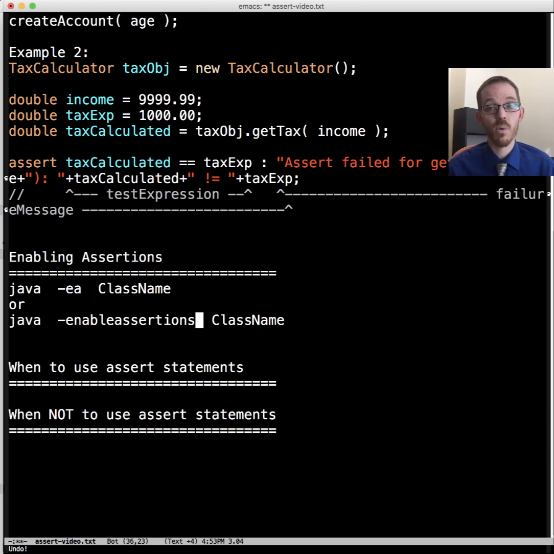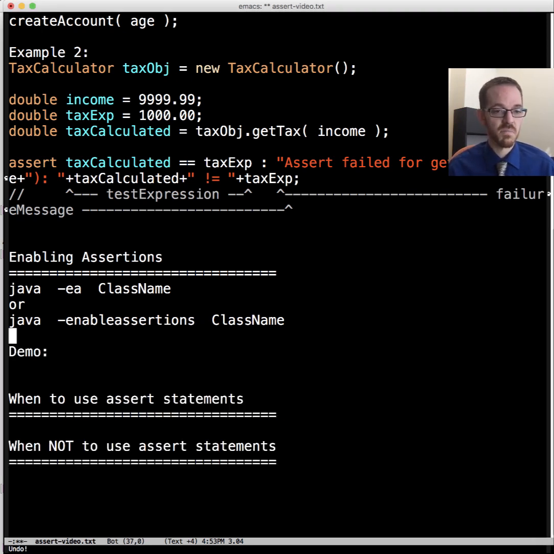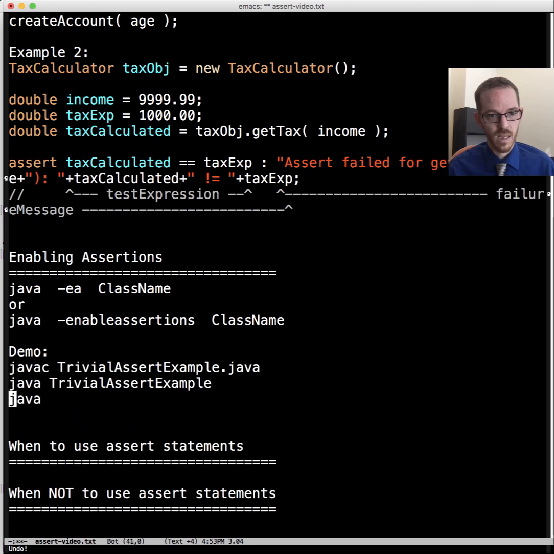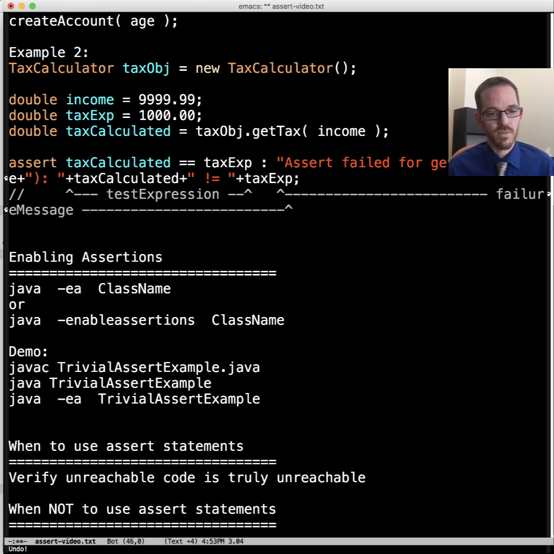So let's talk about when to use them and when not to use them. First, let's talk about when to use them. It's appropriate to use assertion statements to verify that unreachable code is truly unreachable.